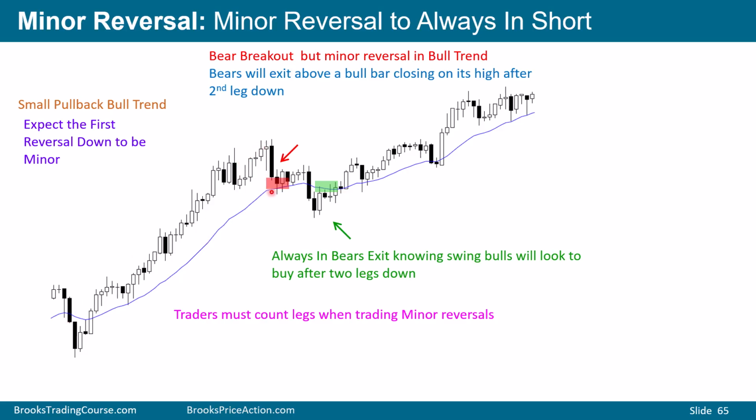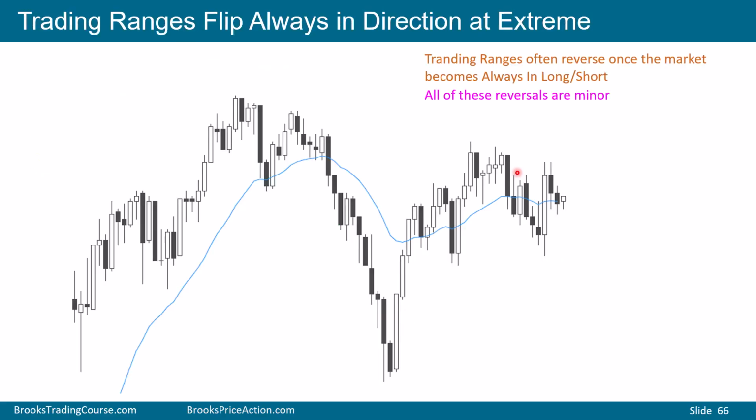They see the reversal, and you have naive bulls or naive traders selling, hoping that it's going to be the start of an opposite bear trend. They're unable to buy back their shorts here, and then they take a big loss all the way up here. And worst part, they miss a strong trend day. Trading ranges, they're notorious for flipping the direction at the extremes.